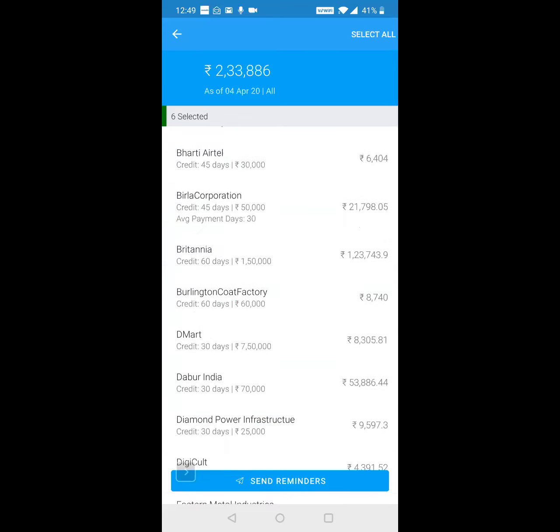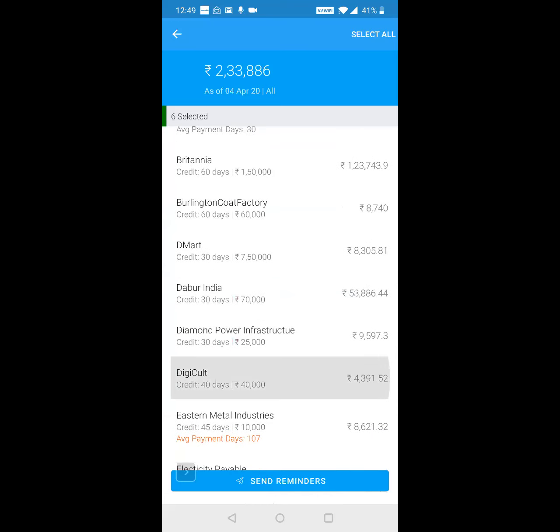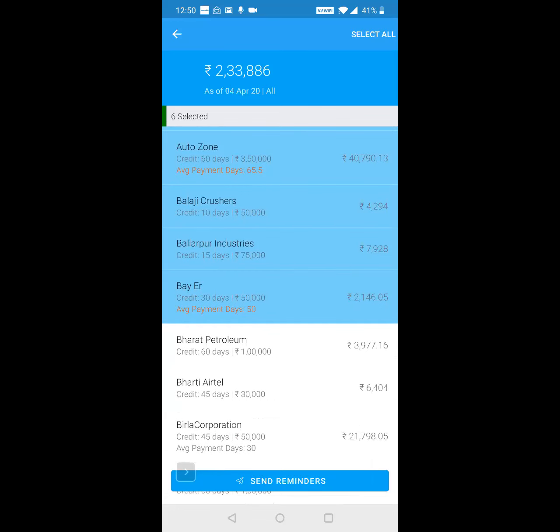Now, if I click on any particular customer, let's say DigiCult, it says no email address set for selected customer in Tally. So I will not be able to send reminders to customers whose email addresses are not saved in Tally. Only the ones that are highlighted in blue, you can send reminders to.